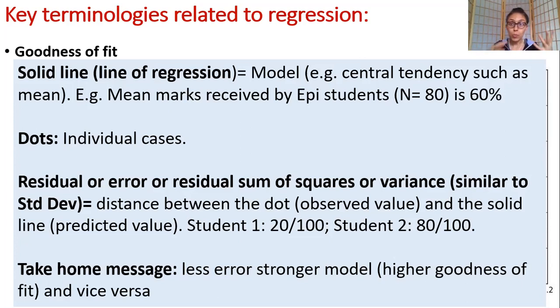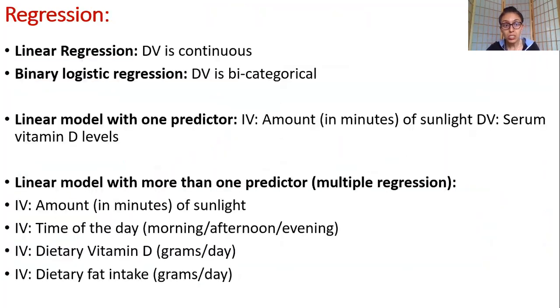Okay, so when I talk about predictor and outcome, think about the vitamin D example: your outcome is your blood vitamin D, and your predictors are the n number of other variables. Let's go a step back. If I were to do a linear regression with one predictor, just the amount of sunlight and blood vitamin D, this may be a really bad model with poor goodness of fit. But when I have all of these independent variables, maybe this gives me a much stronger picture.